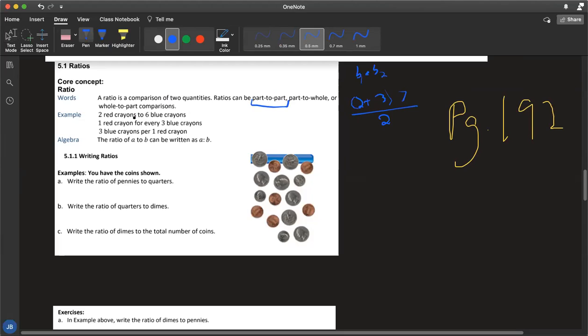Then we can say 1 red crayon for every 3 blue crayons. That is part to whole, because it's 1 per 3 versus 2 to 6. And then we can have 3 crayons per 1 red crayon, which is the same as the other one, just opposite. In algebra,